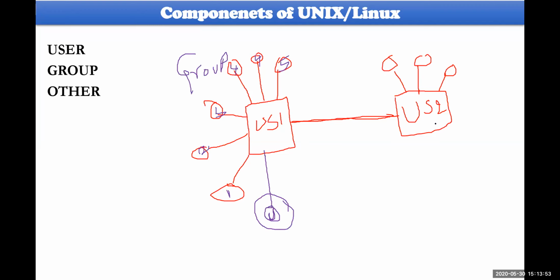And some people are connected to some other server, which is Unix server 2. I'm talking only with respect to this particular user. All these people come under others. They are not within the group. They will be considered as others. So he is the user, and all the remaining people who are connected to this particular server will be called the group, and the people who are connected to the other server, not his connected server, will be called others.